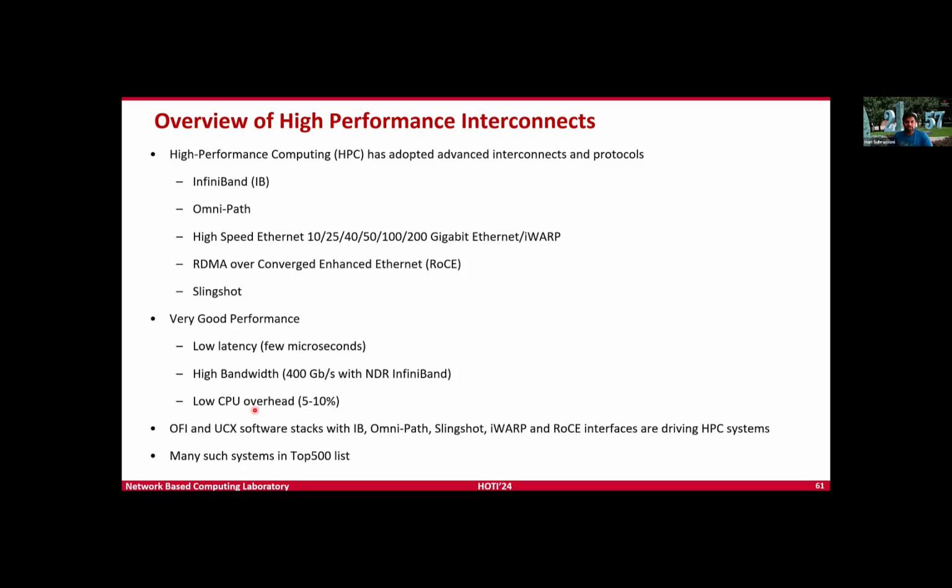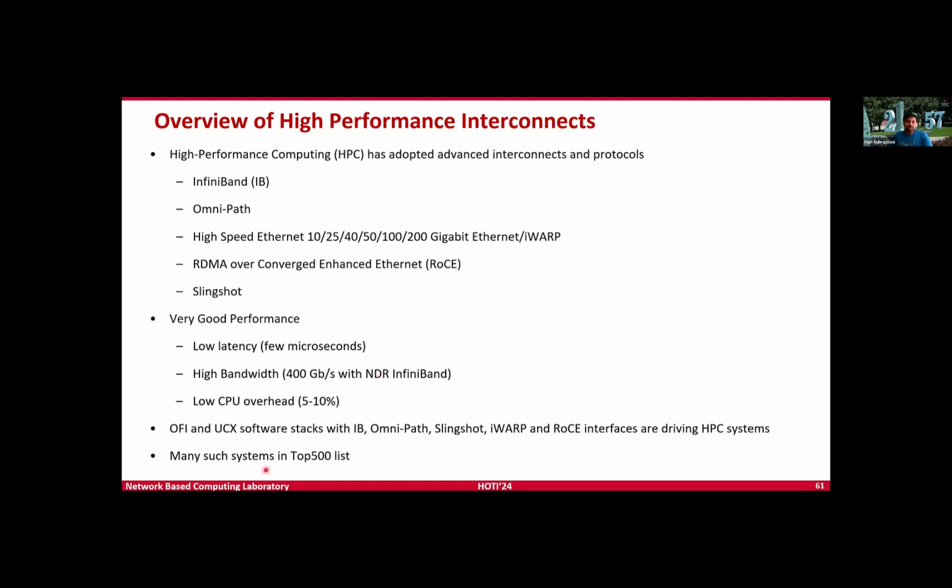If you look at most applications, they are heavily focused on compute. They only go to multiple nodes when the capacity of one node does not suffice. So communication from the point of view of an application developer is an overhead. Now, on top of that, if you say that an application has to sacrifice some portion of their compute time to communication in terms of CPU cycles, it'll be even worse. So from that perspective, a network which occupies as less of the CPU cycles as possible is best for application developers. There are several software stacks allowing application developers to access these high-performance interconnects.